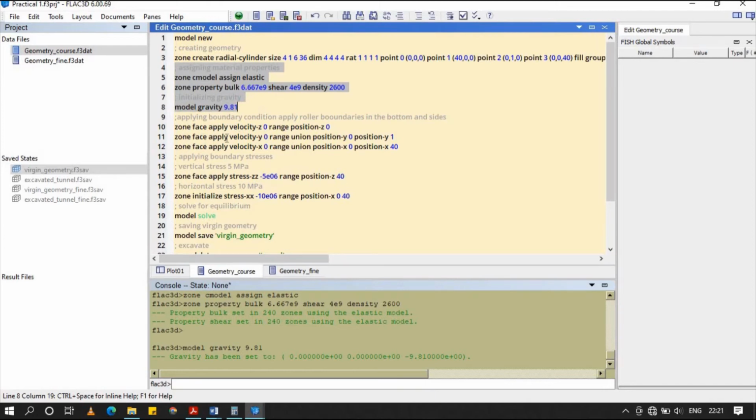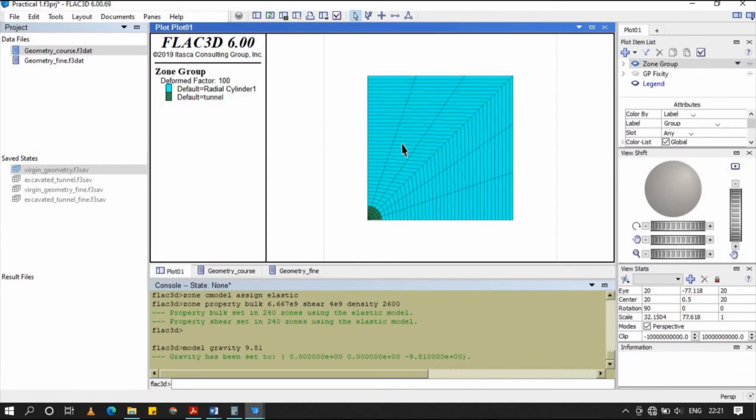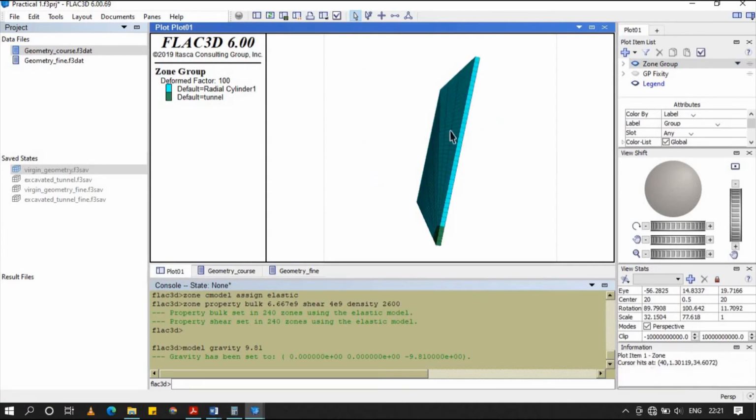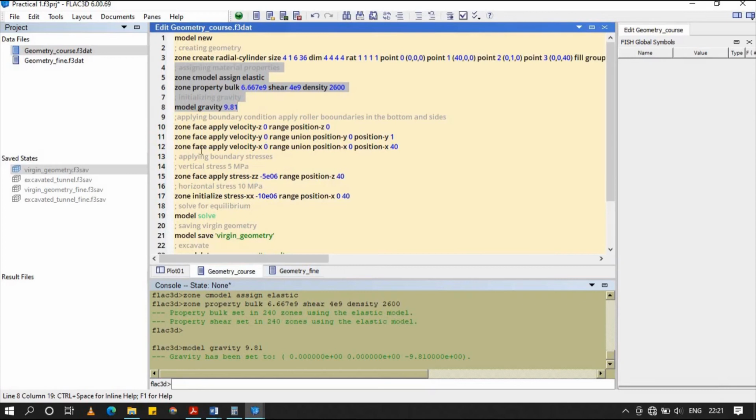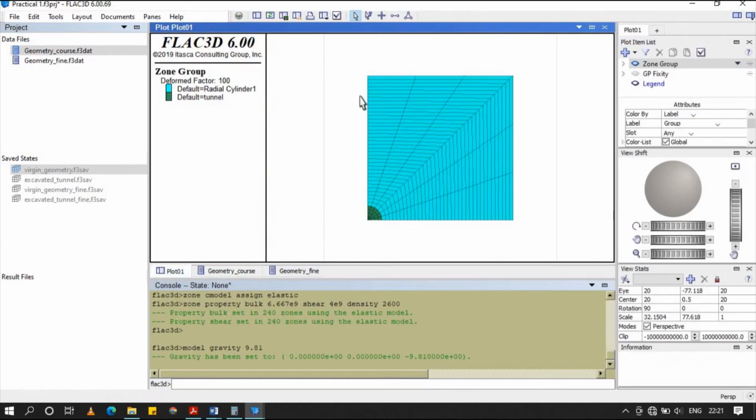Then again we are applying velocity y0. So we are restraining the y movement at y position 0 and 1, which is this face and this face. Again applying velocity x0 at x position x0 and x40. In this face and this face we are restricting horizontal movement in x direction. If you want to see the boundary condition, you just have to